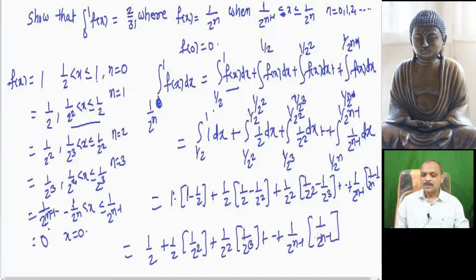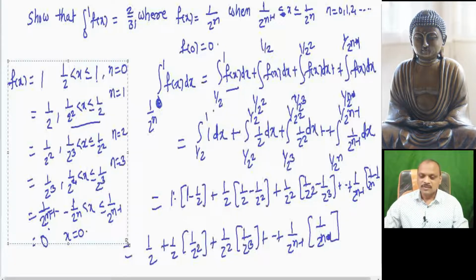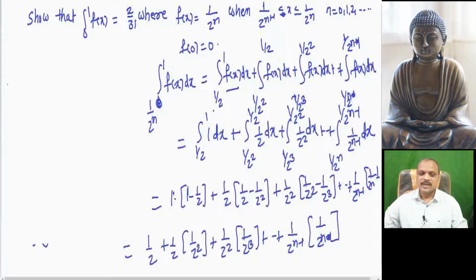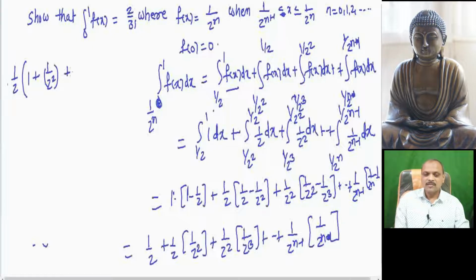Okay, so here 2 raised to n minus 1, 2 square, 2 square, 2 square, 2 raised to n, we get here 1 divided by 2 raised to n, right. Now let us put these values to calculate. We can take 1 by 2 common. If we take 1 by 2 common, 1 by 2 into 1 plus 1 divided by 2 square, plus